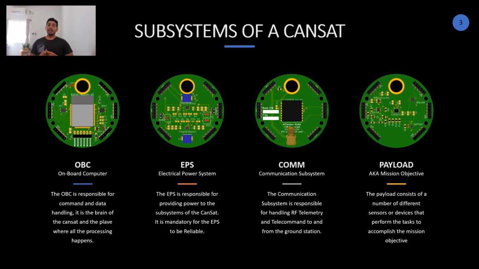And now, talking about your payload, it is defined by your mission objective. Your payload has a bunch of sensors and devices that are used to accomplish what you define as the mission objective. By default, in the CANSAT that we provide, there are a few different sensors that we have included. Although you can add your own sensors and your own payload to the CANSAT. For example, if you want to record the humidity of the atmosphere at varying altitudes, what you will do is put a humidity sensor on the CANSAT so that you can record the humidity. If you want to record the volume of organic compounds in the atmosphere, then you put a VOC sensor, and so on.